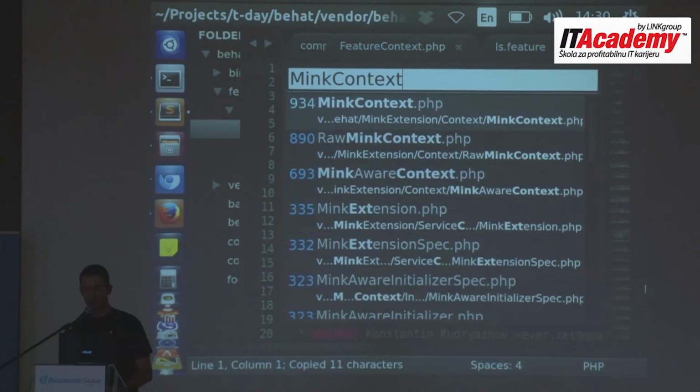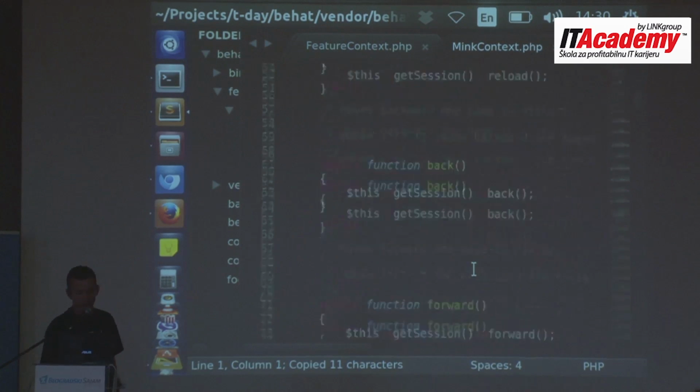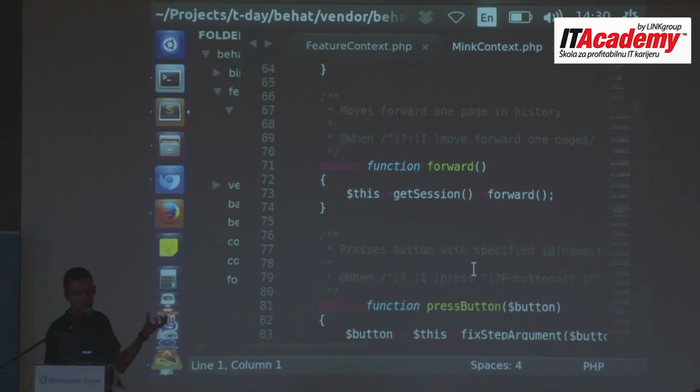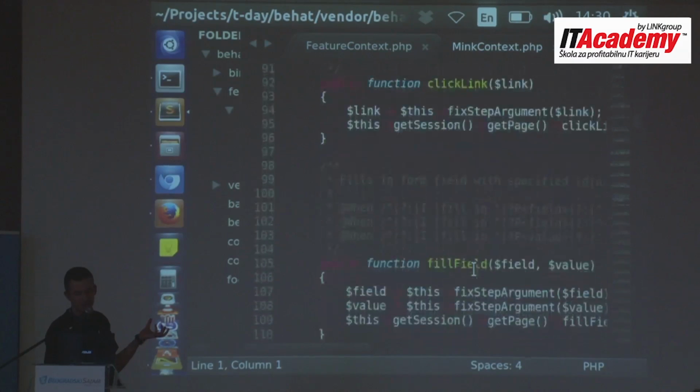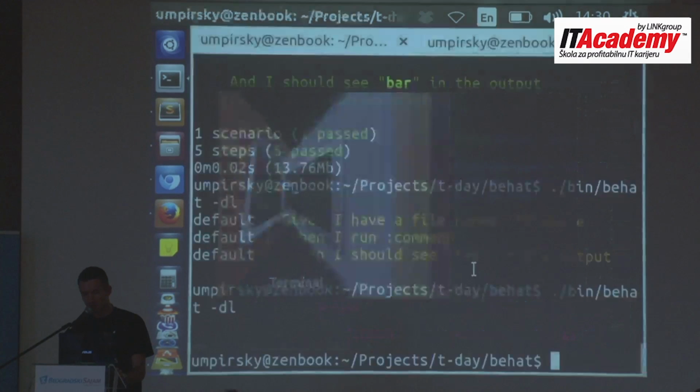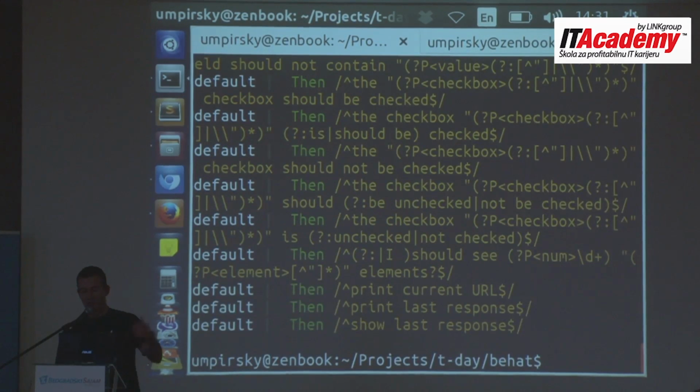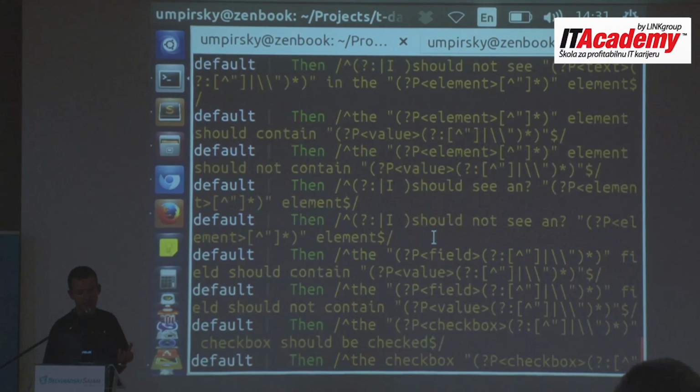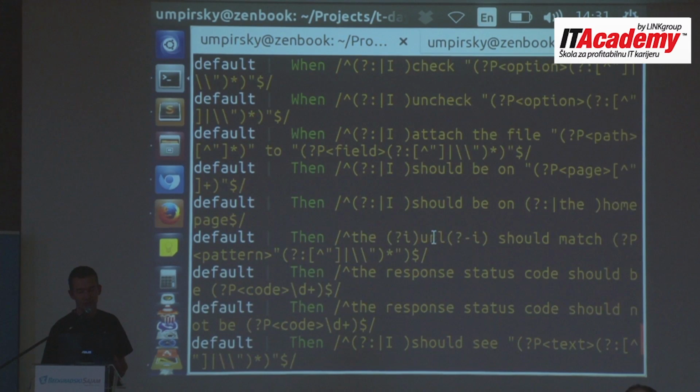And if I open this class, you will see that there are many, many steps already ready to use. And if I run the definition list again, I will get a number of these steps that I can use, which means that now I can describe my web applications without writing a single line of PHP code, because I can already click buttons and submit forms just by writing Gherkin sentences.